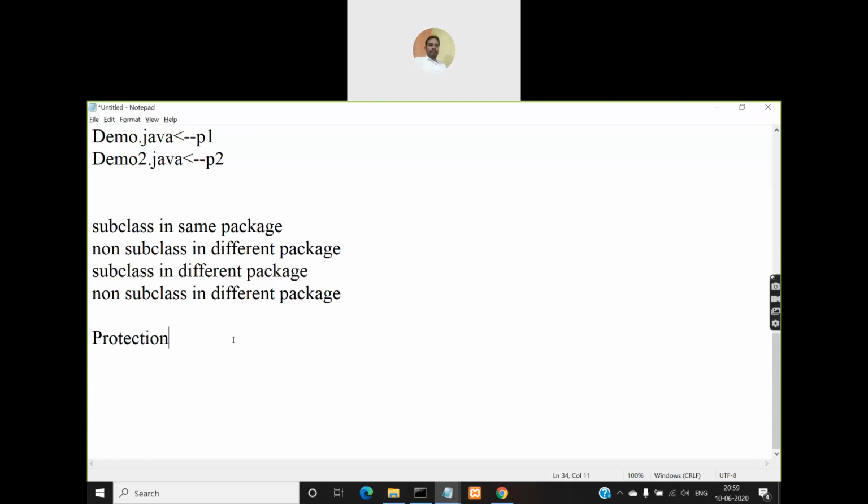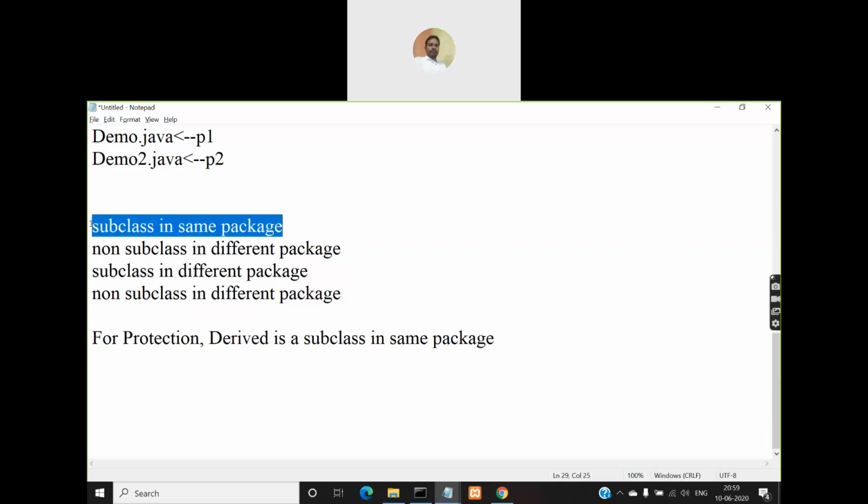So which will become subclass in same package, right? So that is this category. It falls into the first category, subclass in same package.